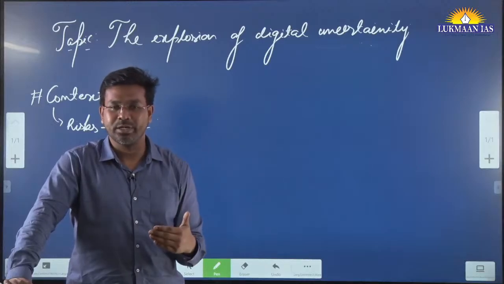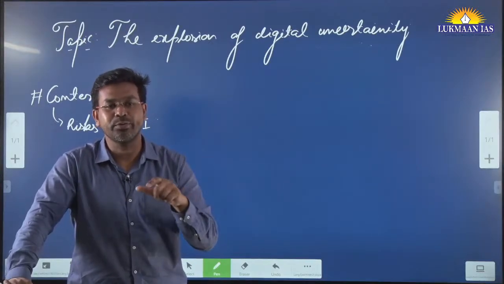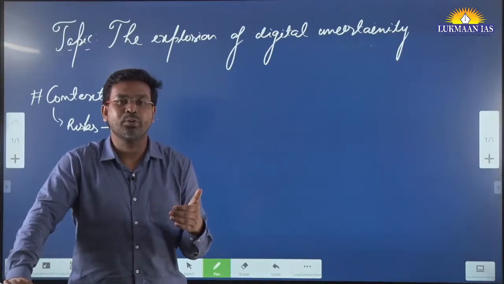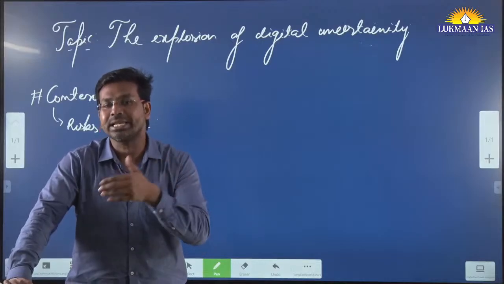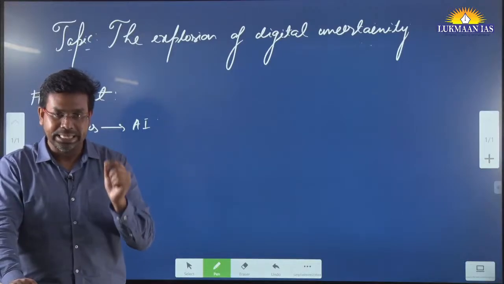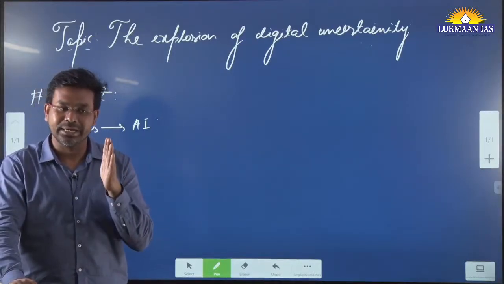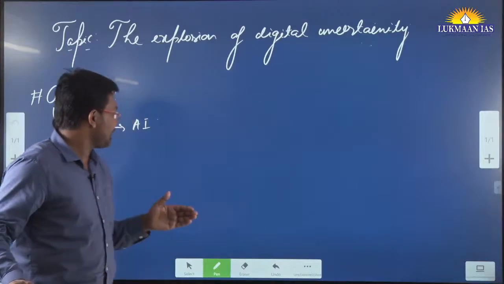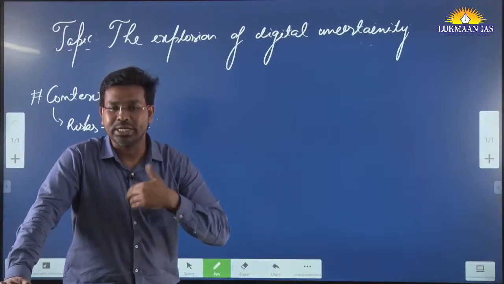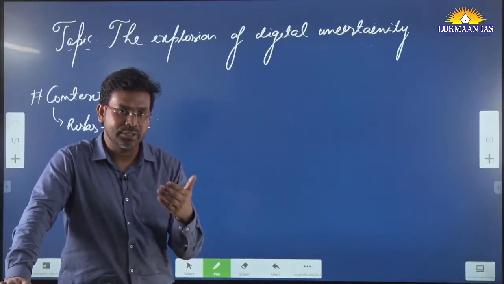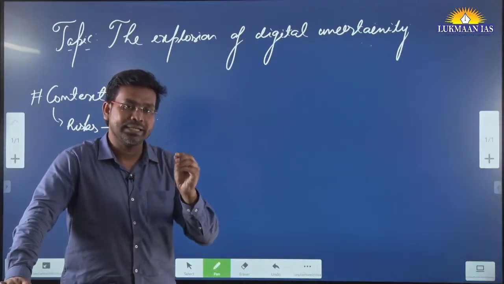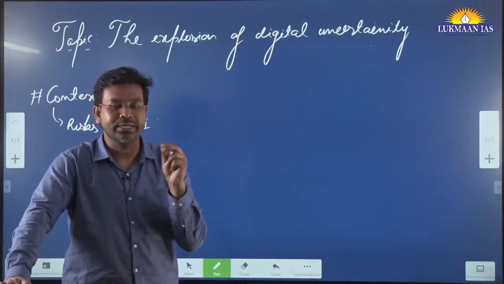Then there is ChatGPT also. You ask any question, and it is going to give you the answer in text format. So they are also processing language. These are known as large language models, and they are built using artificial intelligence. They are learning every day, and since they are learning, they are improving also. But these are some of the applications of artificial intelligence that are generally used for the betterment of society, for the betterment of human beings. They have the potential of adding value to the GDP of different countries.